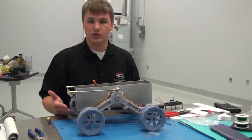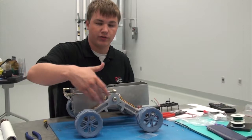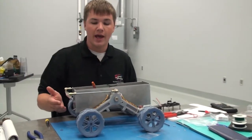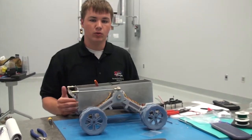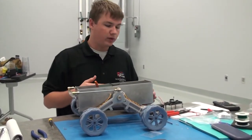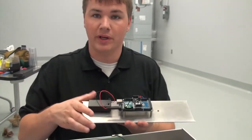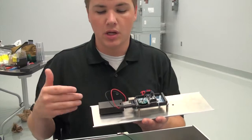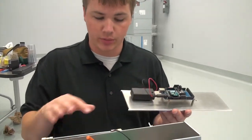So the purpose of this rover was actually to test the suspension and drive system, which is our differentially linked rocker arms and a skid steering system. In order to do that, all we needed was a simple microcontroller that can control the motors, and we're going to be remotely operating this, so it has no cameras or anything connected, just so we can drive it and see